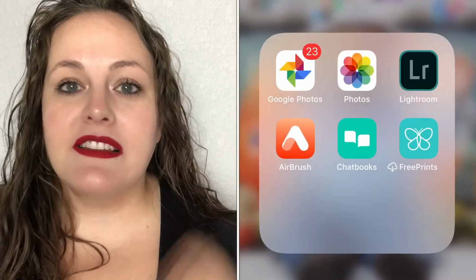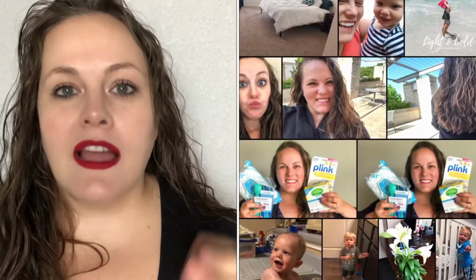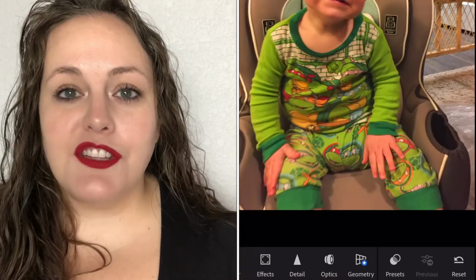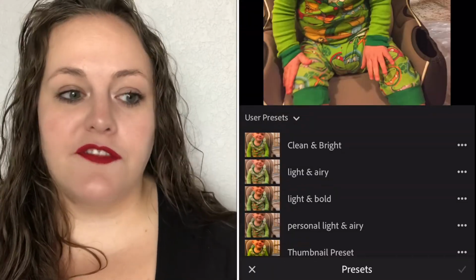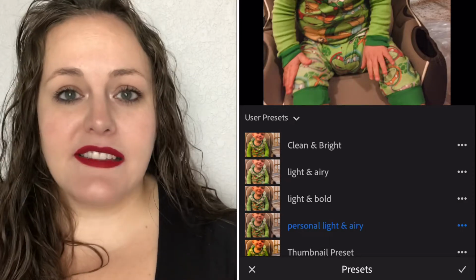Now, the next app I use for my Instagram photos is Lightroom Mobile. So Lightroom is an app that you can use to adjust your pictures in a lot of different ways. I have a bunch of presets set up on my Lightroom mobile app, and I will use one of my presets to lighten and brighten the photo up a little bit more. You can also adjust all these settings like the temperature of the photo, the brightness, the whiteness, all those settings can be adjusted in Lightroom Mobile. It's a great tool. It's free as well, and I use it with my presets so that all I have to do is upload the photo in there, click on one of my presets, and then it's light and bright